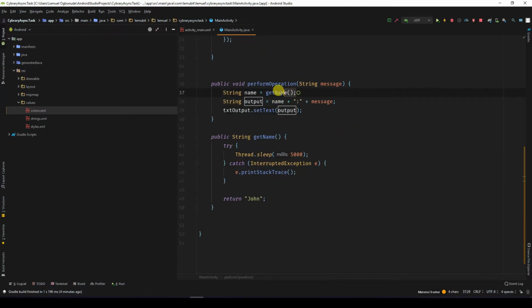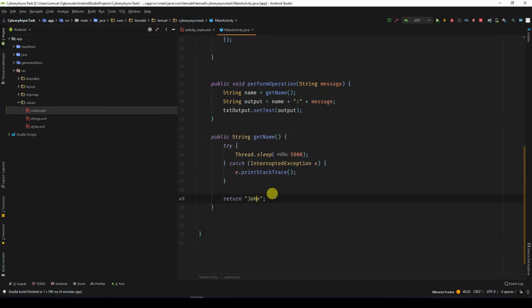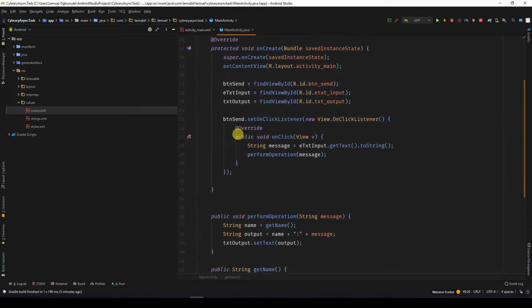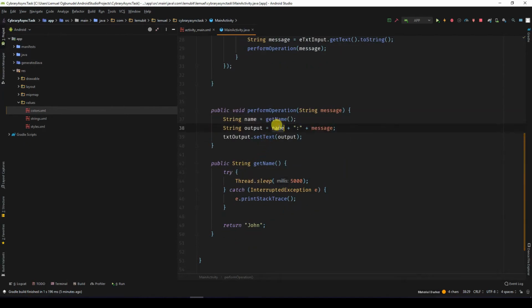So what is going on in getName? GetName is simply a method that sleeps for 5 seconds, then returns a name, John. So this will simulate you trying to go to a database or a network to retrieve some data. When the button is clicked, we get the message from the edit text, passing it on to perform operation. Perform operation will get the name from the method getName, add the name to the message, and then put out the output. So when we run this,